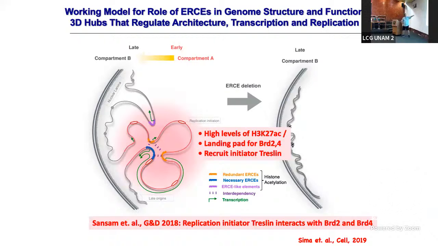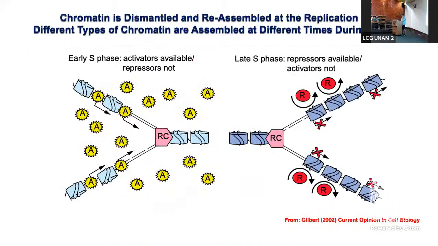So therefore, we have a microenvironment with a ton of an initiation protein in it, just sitting there in G1, waiting for S phase to be activated when the cyclin-dependent kinases come up. And so we propose these are going to be the first regions in the genome to initiate replication. Okay? So that's our current working model.